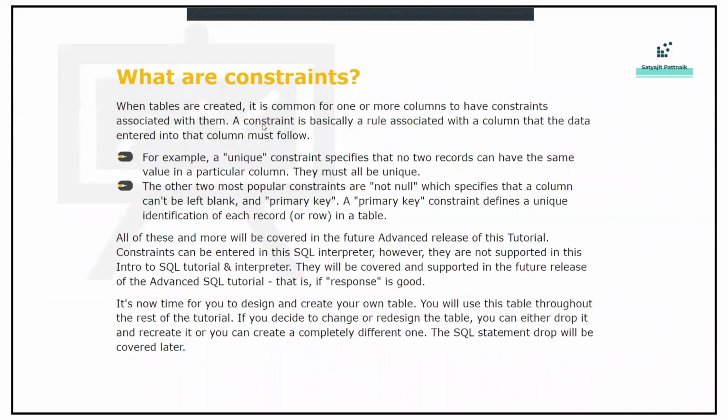Okay. Let's try to understand what are constraints. Okay, as I talked about primary keys, right? So primary key is nothing but a unique identity. So when tables are created, it is common for one or more columns to have constraints associated with them. Constraint is basically a rule associated with a column that the data entered into that column must follow. So why are primary keys used? Basically, it's a unique constraint. Okay, I mean to avoid duplicate records,